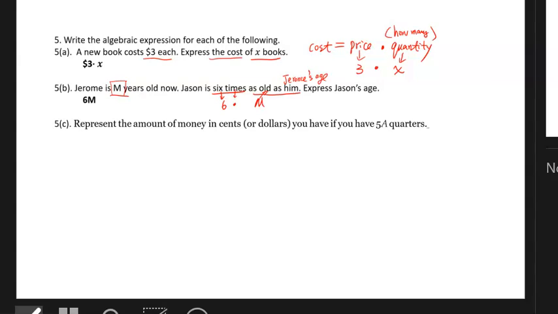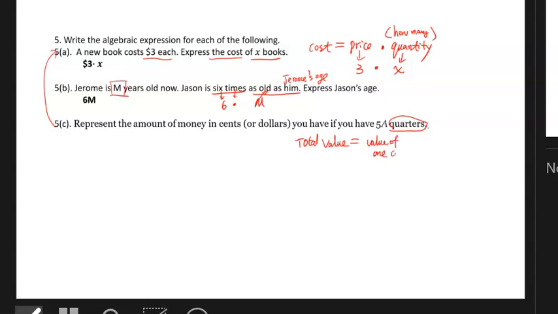Now, this one is a little bit difficult, but it's actually very similar to the first question we did. In the first question, when we solve for the cost, we need to know the price of one book times how many books we buy. But here we are talking about the amount of money in cents or dollars. If we have 5A quarters, and quarters, we know that we're trying to find the value instead of cost, but the total value of all the coins we have equals the value of